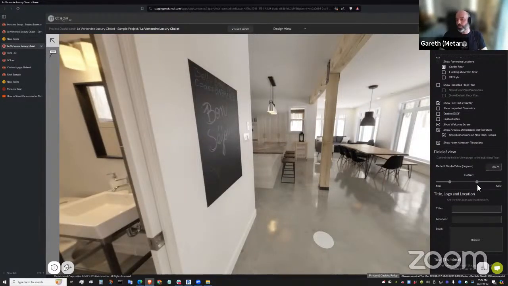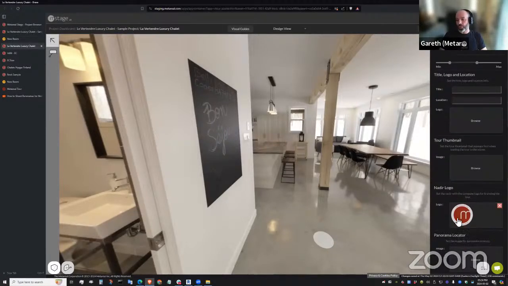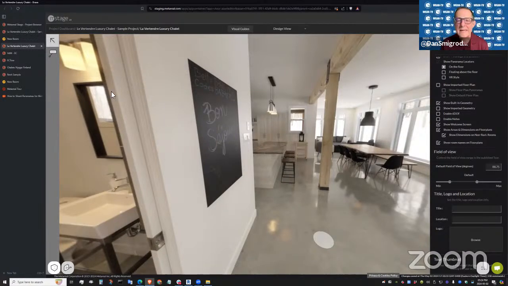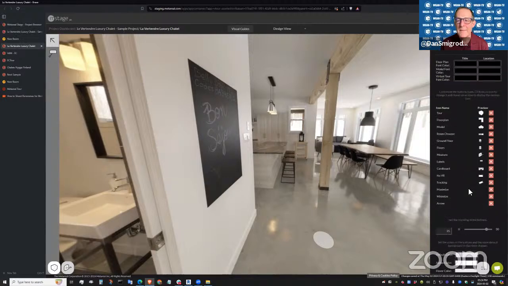Now, if you want particular logos in your tour, you can go ahead and add them before you submit the job. So you can go ahead and add the Nadia logo. If you have other customizations you want to do, you've got a skin you want to use that you've prepared before, you can load that into the tour editor and then submit the job, and the team will use that as the processing. A skin. Can you expand on what that means?